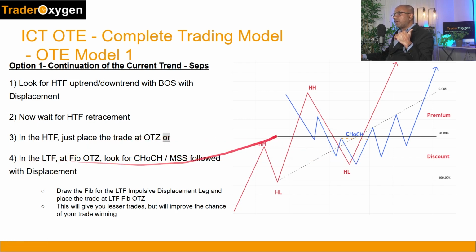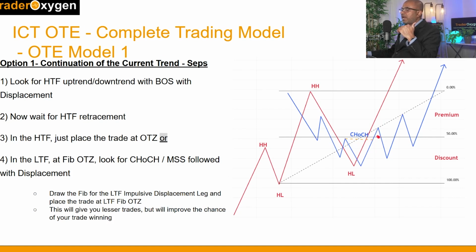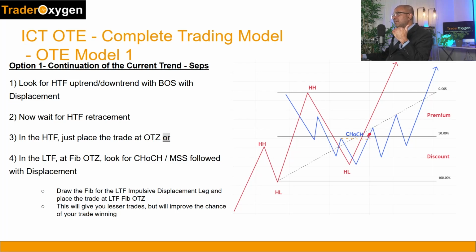Then the other option is, instead of just placing a buy limit order, you go to the lower time frame, which is the blue color line, and in this area of the higher time frame optimal trading zone, you look for a change of character or market structure shift in the lower time frame, followed with a displacement in the lower time frame. So once you see that change of character, you can either directly place your optimal trade entry in that area,